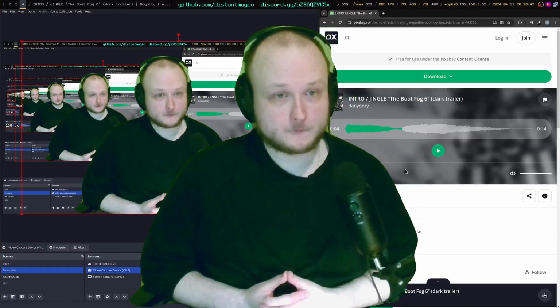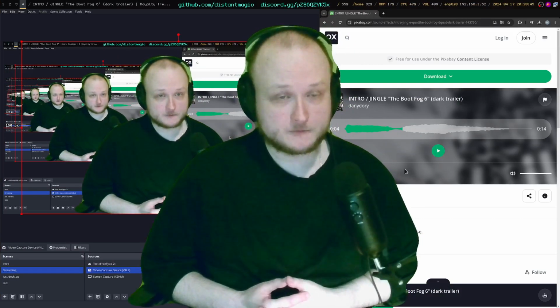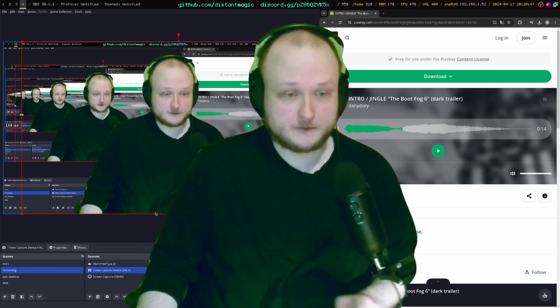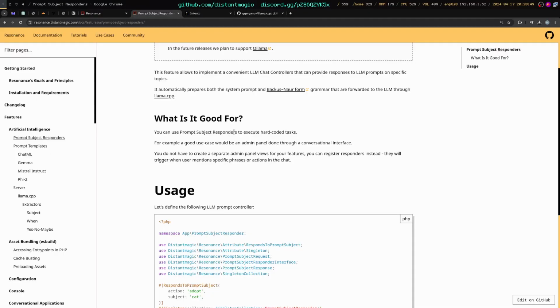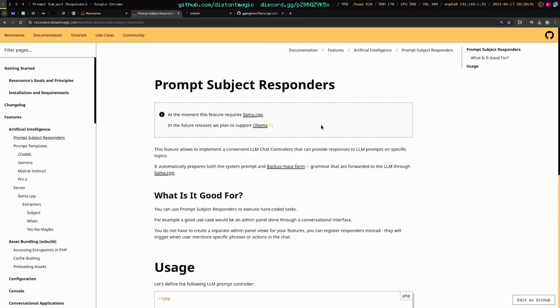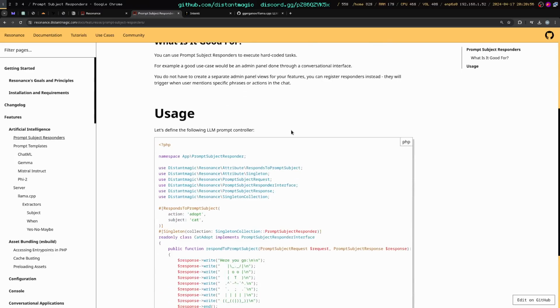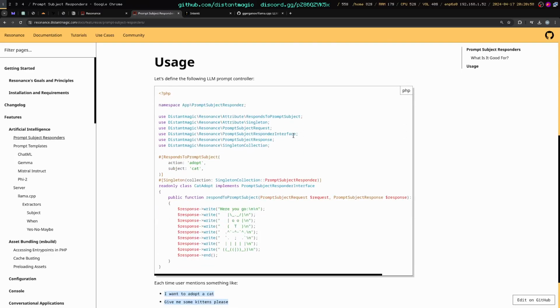Hello. Can you believe PHP admin panels can talk? Because I can, because I just saw it. And today we will be talking about prompt subject responders, which is a feature of PHP Resonance framework. And what it does, it uses AI, a large language model, to respond to certain subject and actions defined by